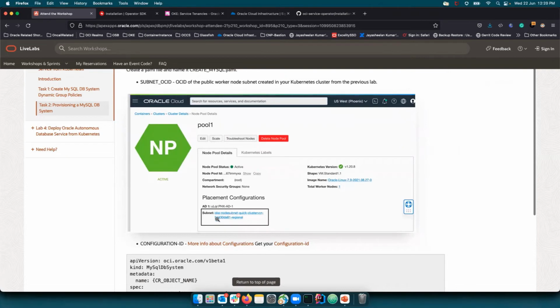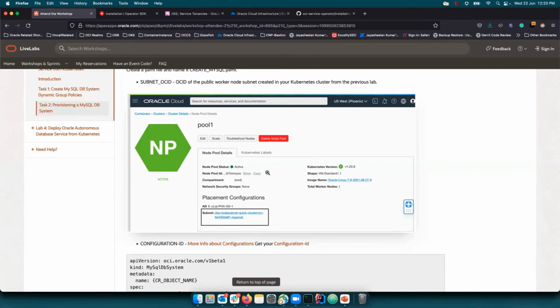So this diagram will help you to locate it. And you can see that this is the subnet, what it is pointing to. When you click on the subnet, you will be taken to the subnet details page, which will have an entry very similar to this subnet OCID, which will actually be an OCID of the subnet. Please copy that subnet OCID and save it in a notepad so that it's used when you're trying to create